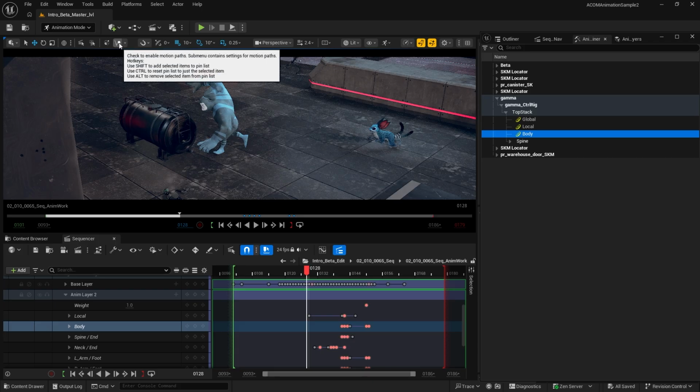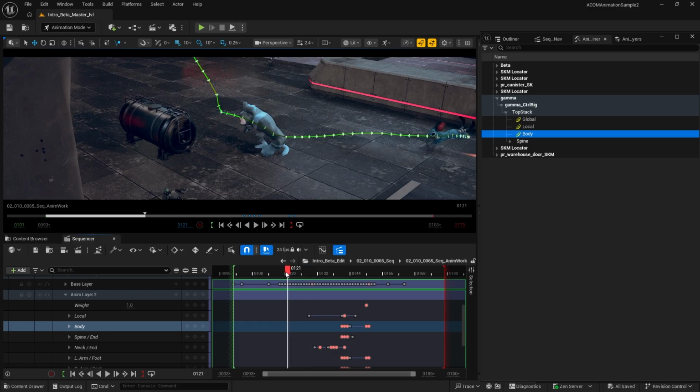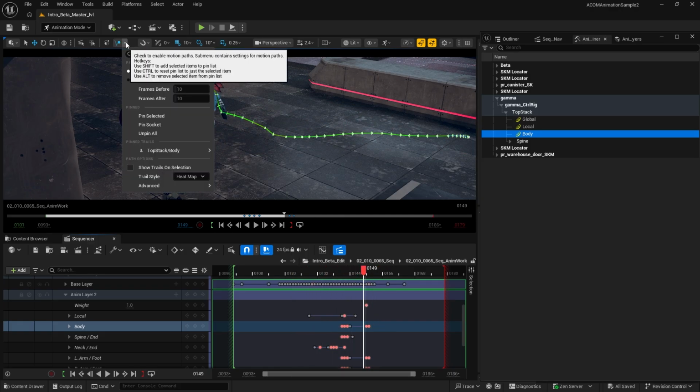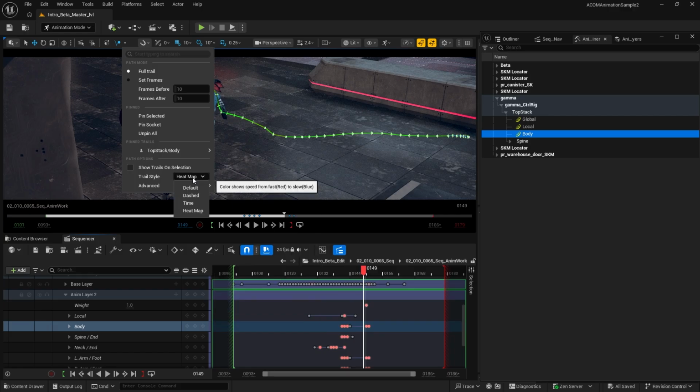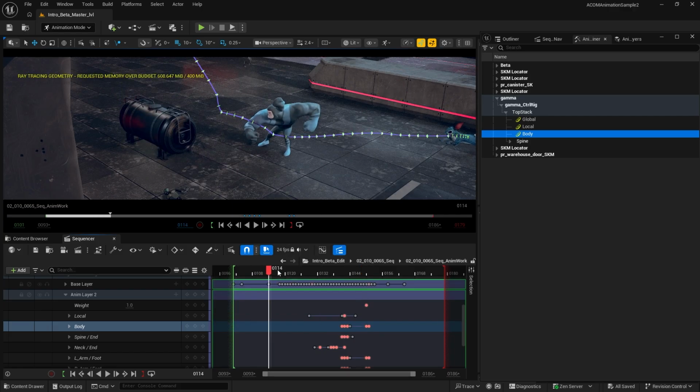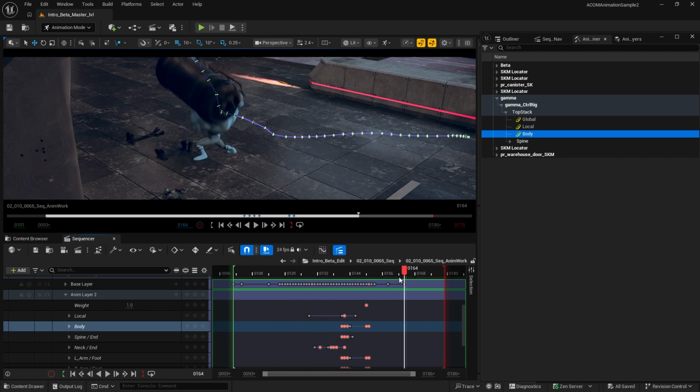So it is not active yet. I only need to click on it once. If you move your slider from left to right, you can see the motion trail that is associated with this motion of our character. But in which mode are we seeing it? It is now in trail style. Let's start with the default mode. Again, for it to refresh, you need to redo it.